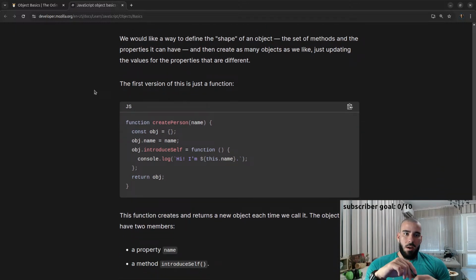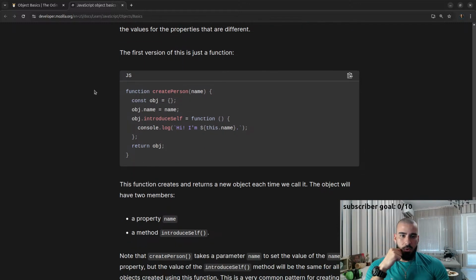We would like a way to define the shape of an object, the set of methods and properties it can have, and then create as many objects as we like, just updating the values for the properties that are different. The first version of this is just a function, so we can have a function createPerson with the name of the person,